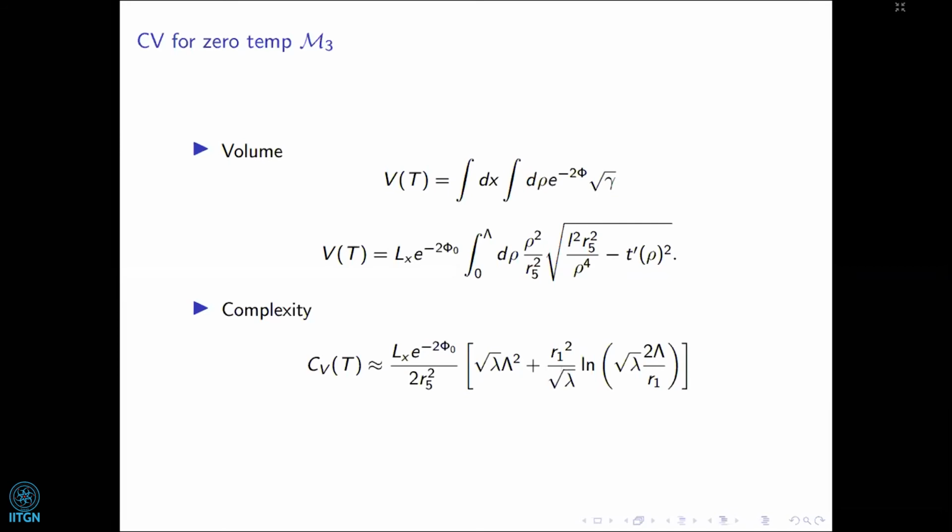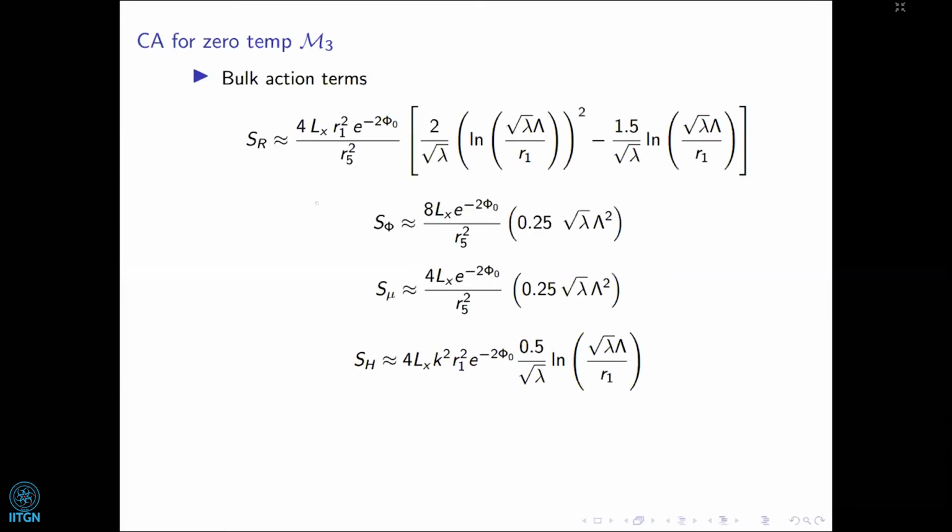Its coefficient might have some universal appeal. But we also compute the CA to check with those results. So these are the results of the CA for the zero temperature case. In the bulk action, you have this log square term, which is again novel, and we so far have no intuition from even the LST point of view or the TT bar point of view. And comments are welcome at the end of the discussion as to what interpretation can be attached to such a